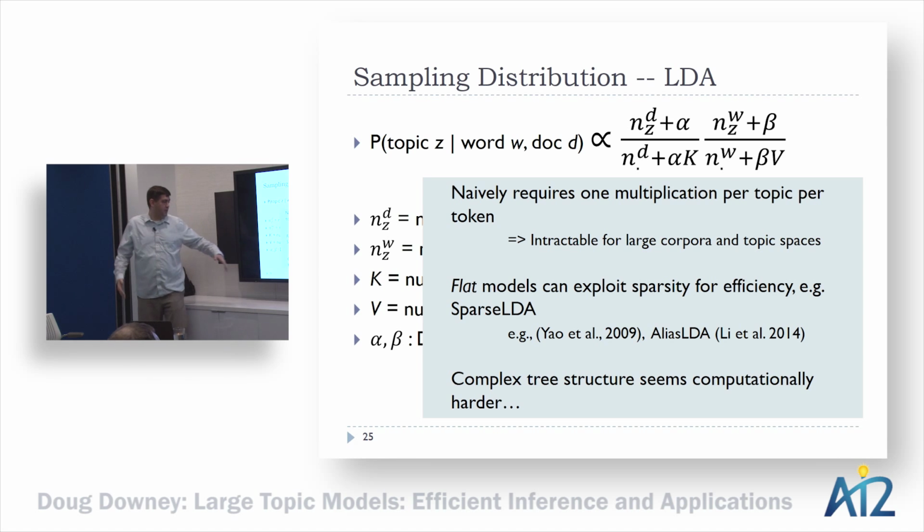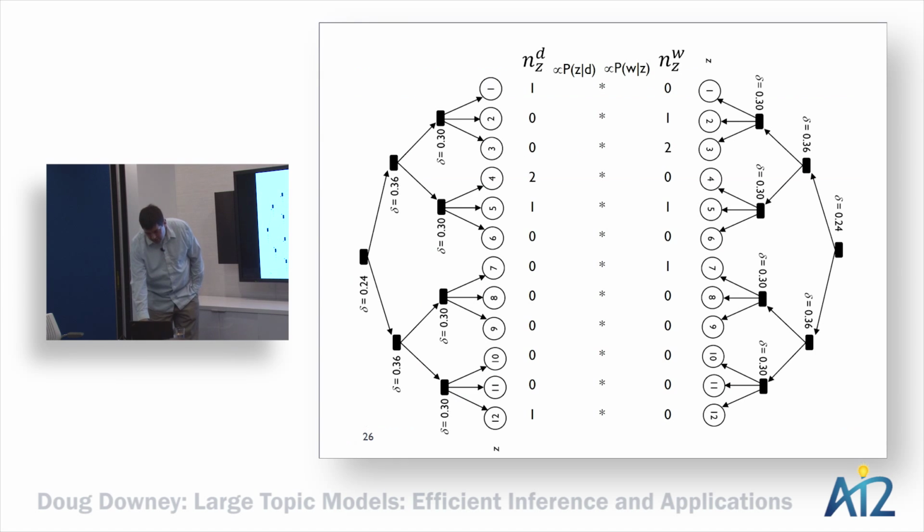So at first blush, you might think the complex tree structure is actually going to make computing this product a lot harder. And for existing hierarchical models, that has often been the case. The sampling is more complex. But for the Sparse Backoff trees, sampling actually becomes easier. And that's the sort of remarkable thing about this. So here's what happens.